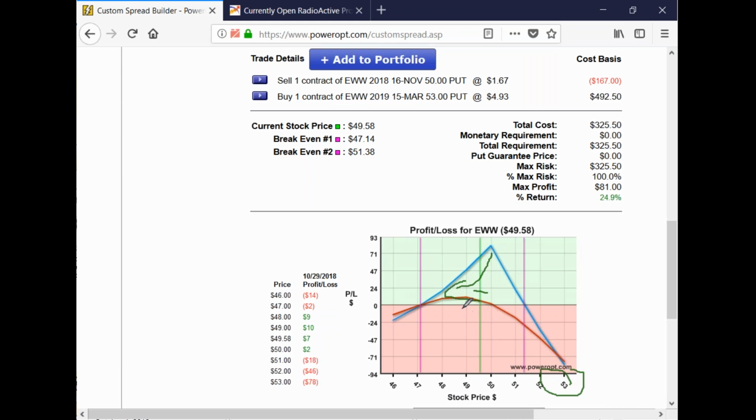eventually, if the stock's trading down here, you've got to move this put because now you're too far out of the money to do anything with the position. You can't sell a 53 call if you got put the stock when it was down at 49 or 48. You've got to move this down in order to do it. That's going to increase your risk on the position. Now, I'd do the same thing if I was in the married put to begin with, okay? And what if it keeps going down? Now you have to keep moving this put and moving this put and moving this put. That's kind of okay. You're still generating a premium, but you're not getting really the advantage here of this position.